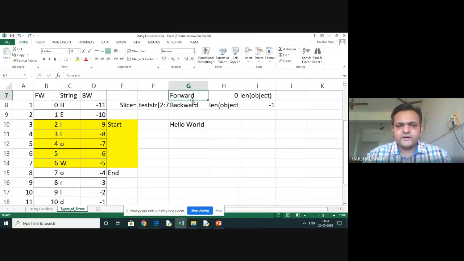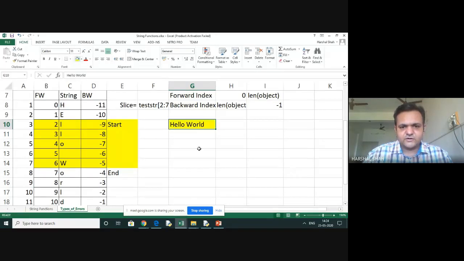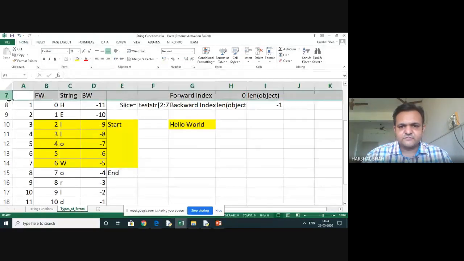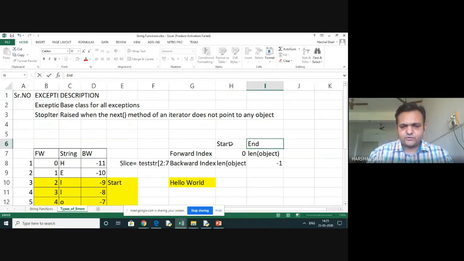So let's get back to this. There are two types of index, forward index and backward index, of the same string which we have written here as hello world. Hello world will have two indexes. The forward one starts from 0 and goes up to the length of the object minus 1.